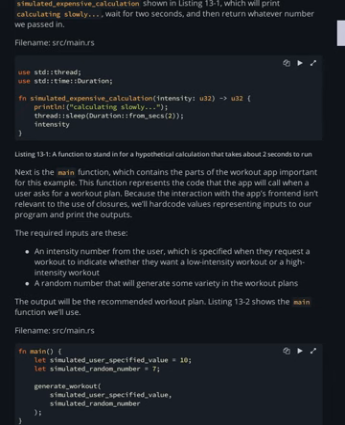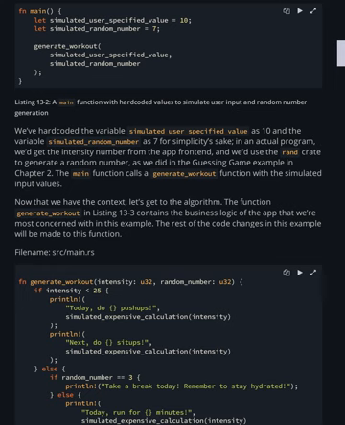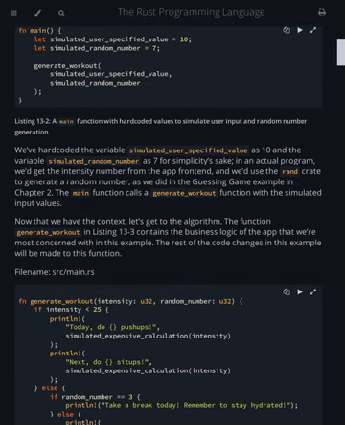Listing 13.2 shows the main function we'll use. fn main() { let simulated_user_specified_value = 10; let simulated_random_number = 7; generate_workout(simulated_user_specified_value, simulated_random_number); }